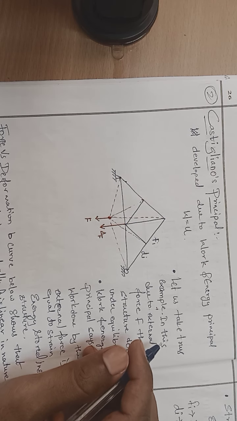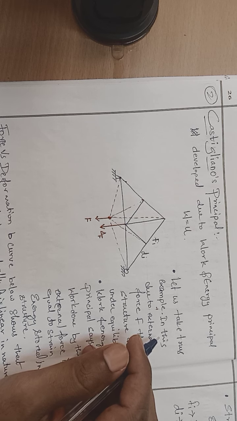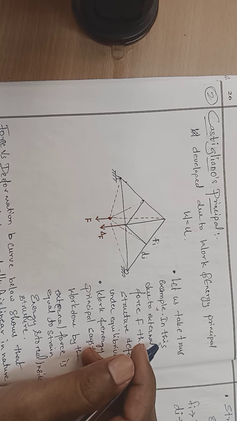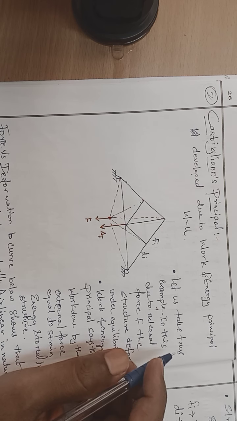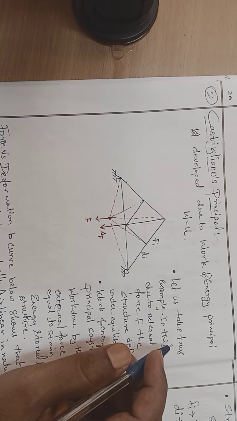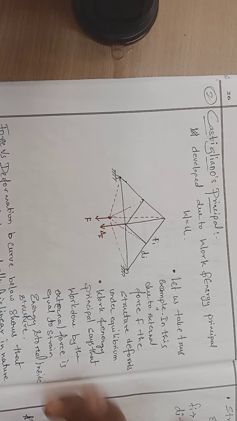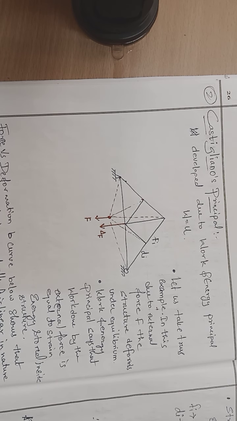We have already completed the first method, that is the virtual work principle. In that we derived the equation to solve the deflection or displacement of a joint in a truss, and also the deflection of a beam and a frame at a particular point. We have solved problems on trusses as well as beams and frames. Now for the next process, the calculation will remain the same, but the principle is different.